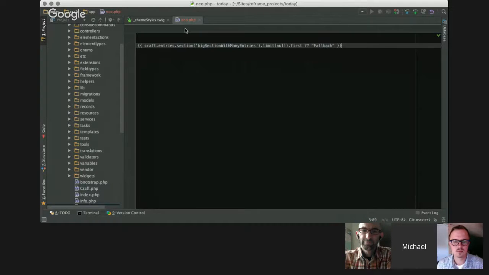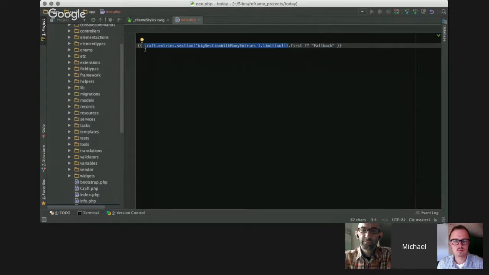Well, Craft, the first time I run, I fetch this element criteria model, and then I look to see if it has a first item. Craft is going to cache the result of that query inside the element criteria model, and so anywhere I subsequently reference this element criteria model, I'm going to get the cached value, unless I change an attribute which would break that internal cache. I'm going to get that cached value,